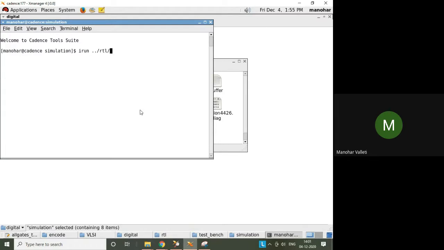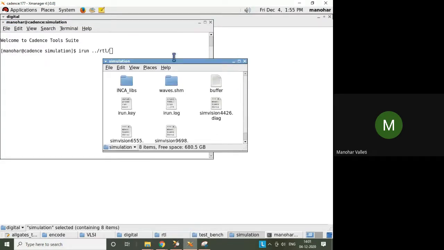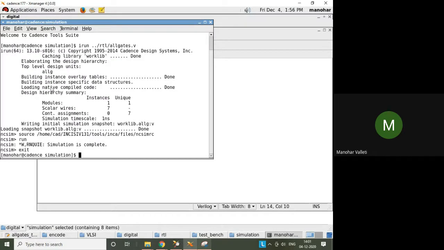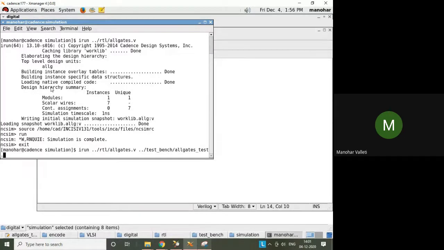First we will test your design, all gates. I have given both the files, design file and test bench file.